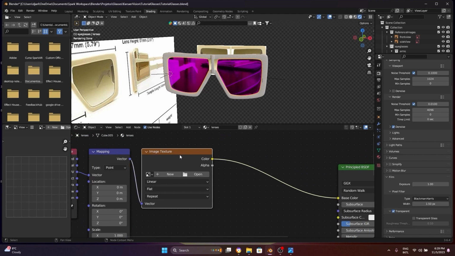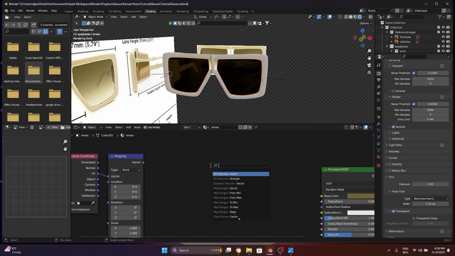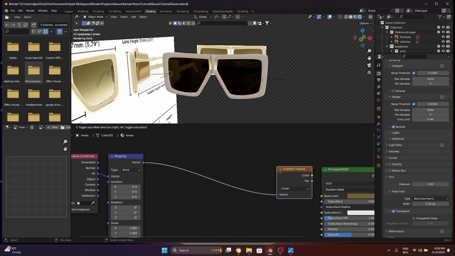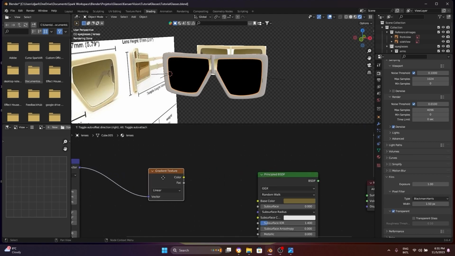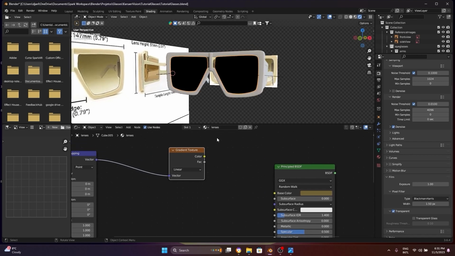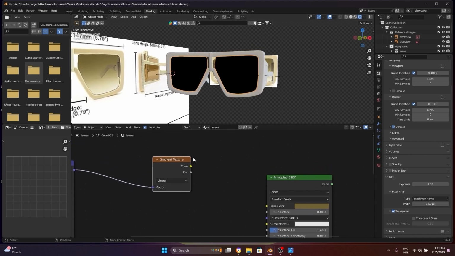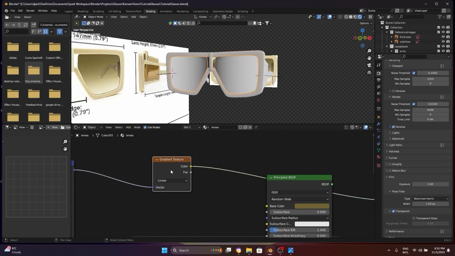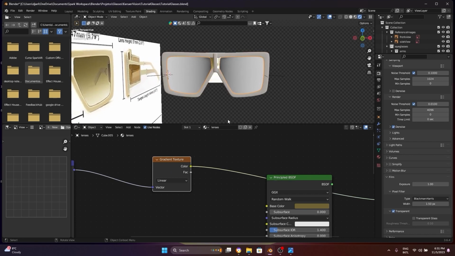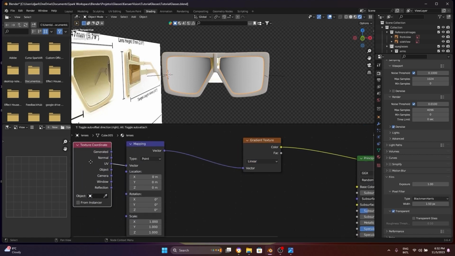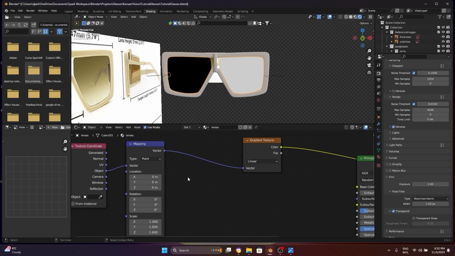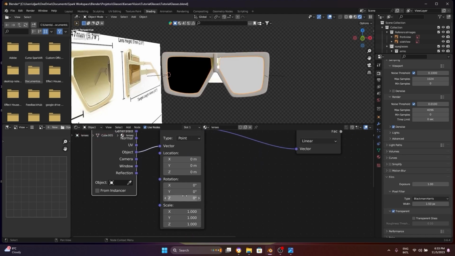Let's delete this image texture node and add a gradient texture node. If you want to see how the output of a node looks in your image, press Ctrl Shift and click with the left mouse button. Here you can see how the gradient looks. It's vertical, so I need to rotate it. Instead of using UV, let's use object. Now I need to rotate, I think in the Z